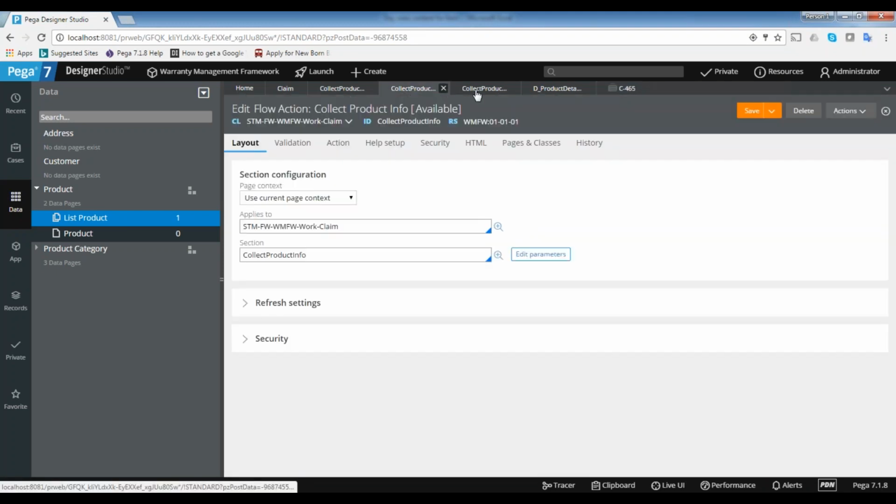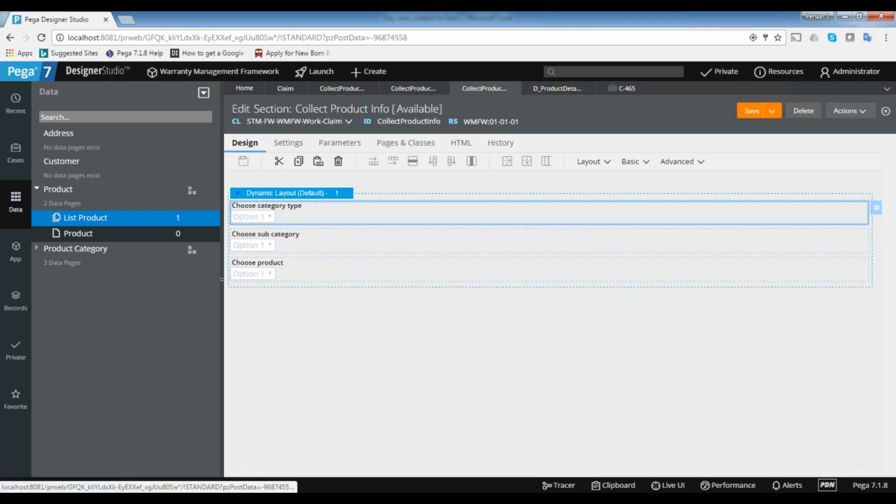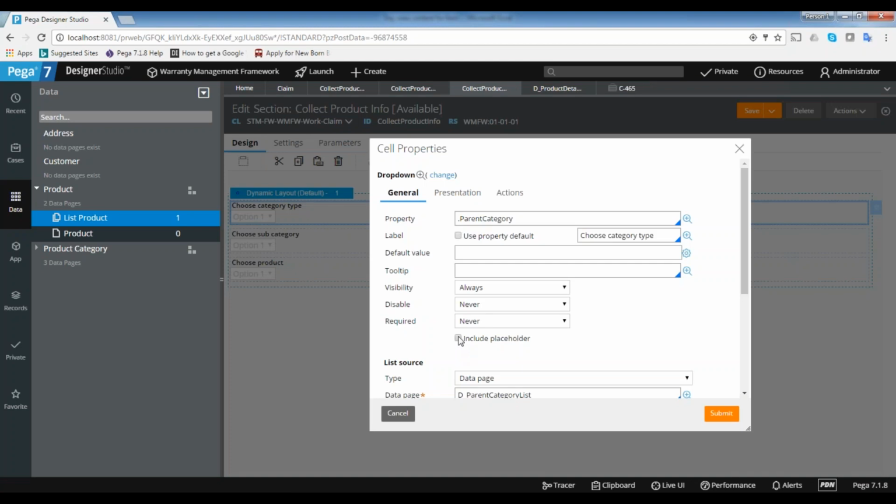And moreover, let me configure one more thing as well. Let's keep some placeholder so that you will see this button. Select category.